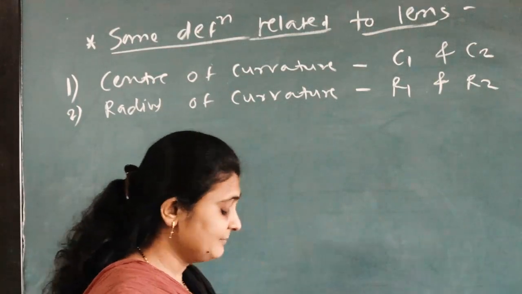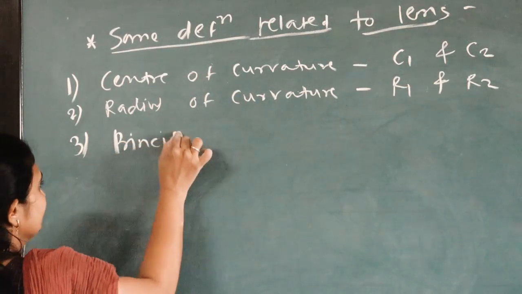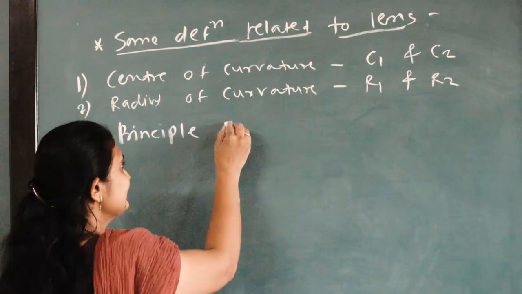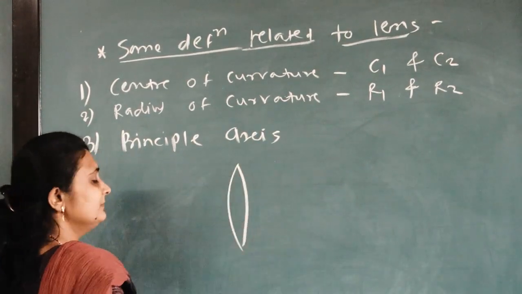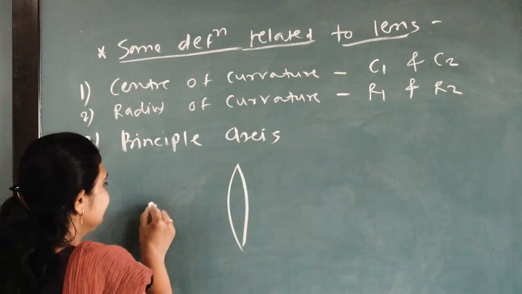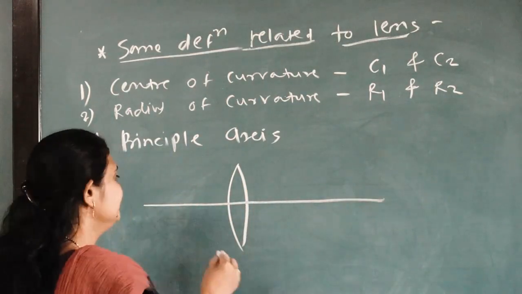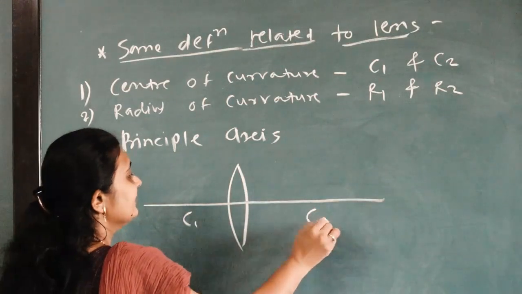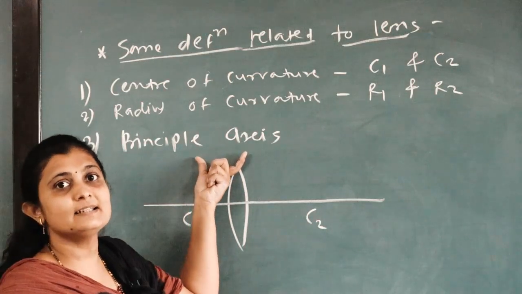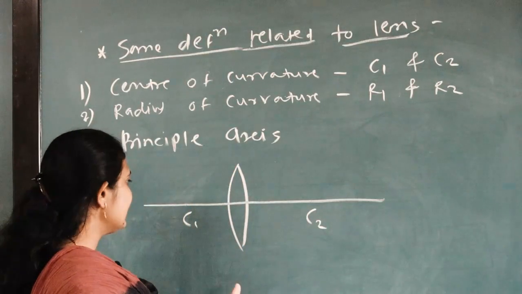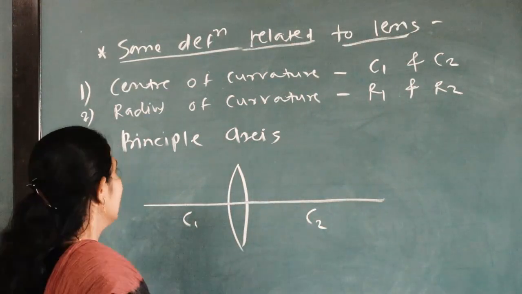Next definition is principal axis, same as the mirror. Consider a lens, the imaginary line which passes through centers C1 and C2, that is called the principal axis. Principal axis is the imaginary line which passes through the centers of curvature C1 and C2. Next definition,